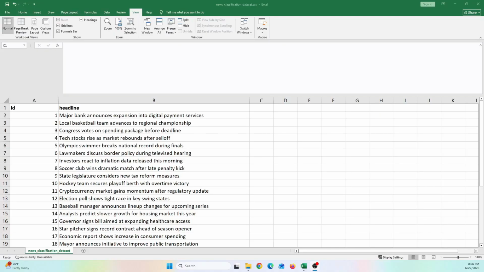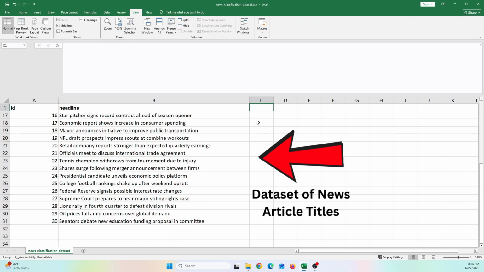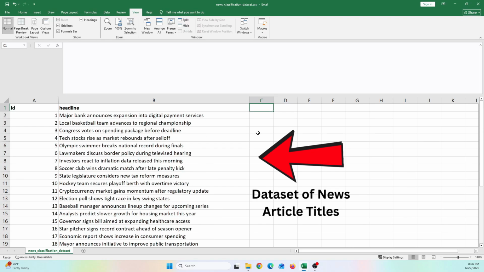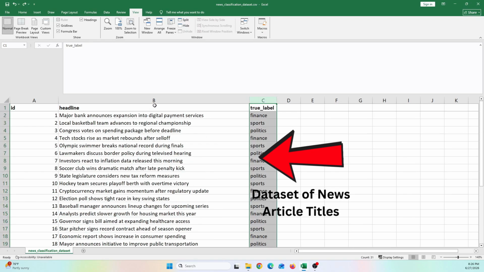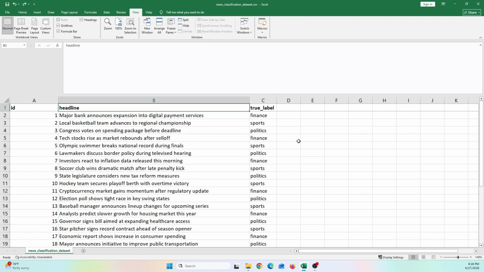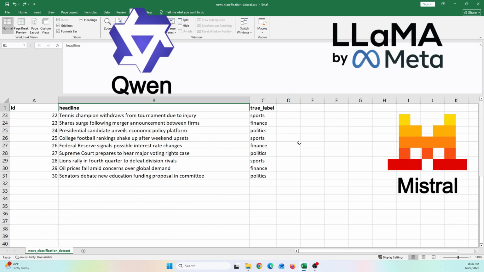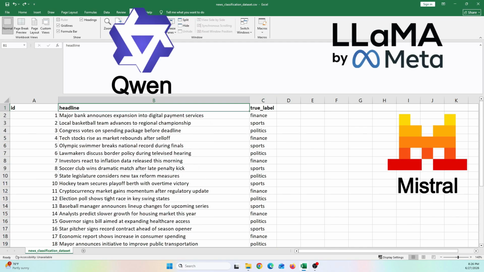So you ever have a data set like this where you need to categorize or classify into a category? This is a list of news articles that are either sports, finance, or political articles. Now, traditionally, you'd have to do something like label thousands of rows like this and create a machine learning algorithm to classify them. However, there are free local LLMs that can do this for you at a very reliable and